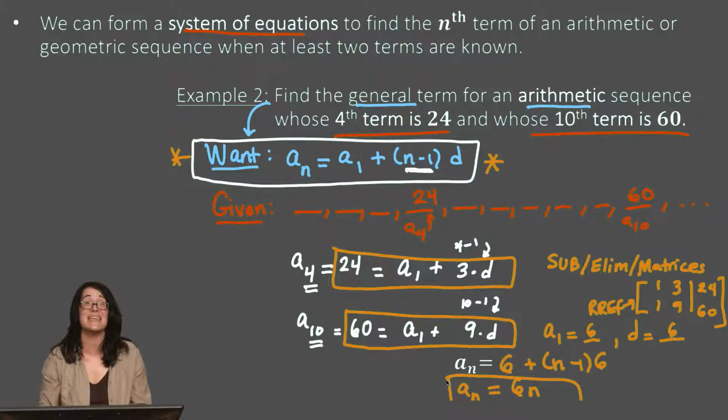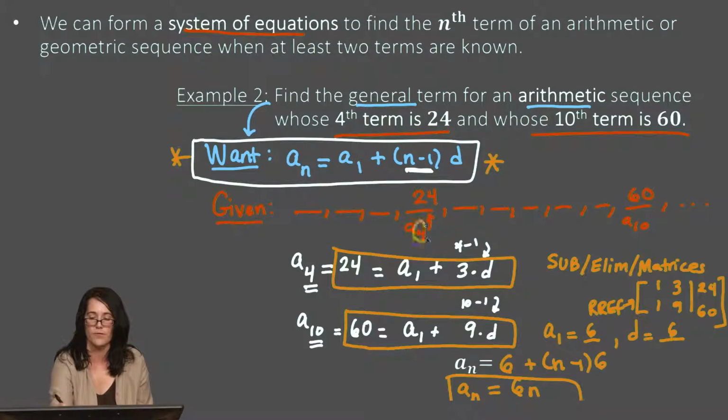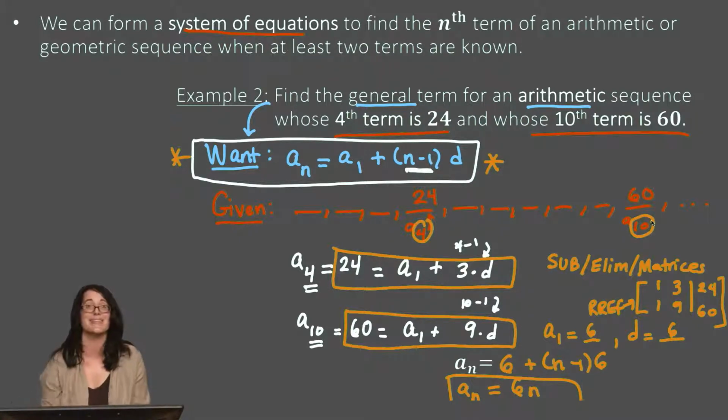You might have seen it to begin with, and that's excellent if you could have spotted that pattern. It was, in fact, 6 times your term number, wasn't it? 6 times 4 was 24, 6 times 10 was 60. That does make sense. But this approach of writing down what you want, what you're given, and creating a system